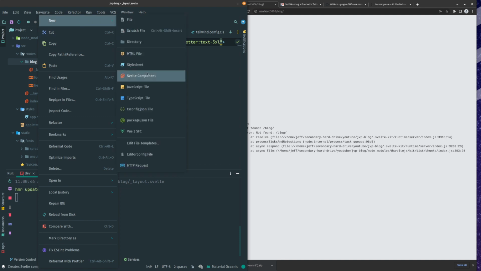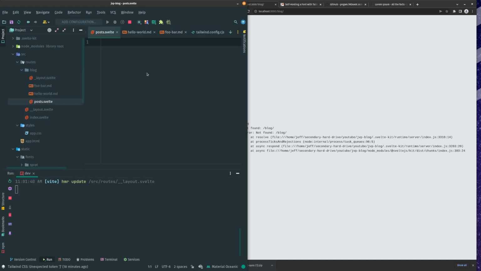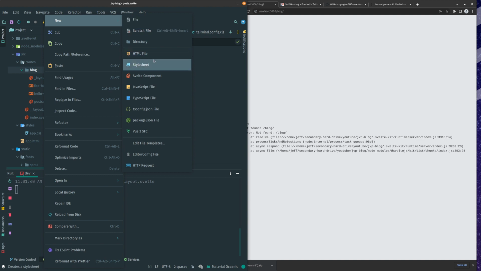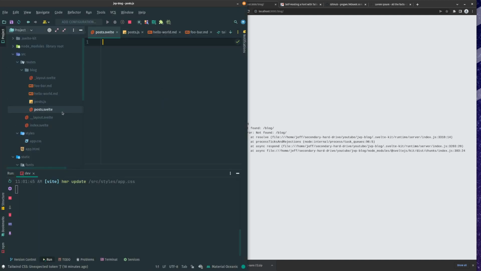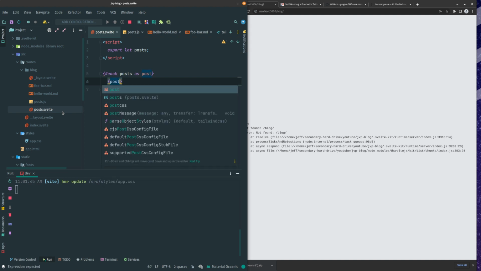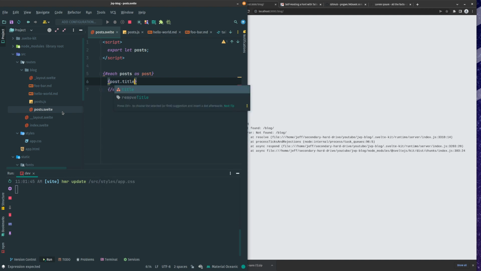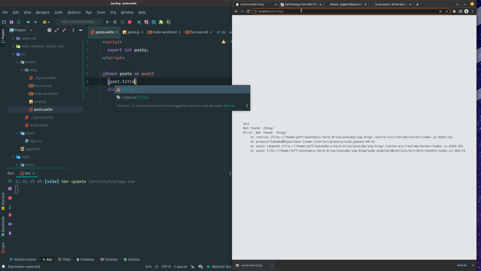I'm going to just create the file first. Posts. And then I'm going to create posts.js. Now, in posts.svelte, we're going to do script, export let posts. And then we'll do each posts as post, and we'll close this off. We'll do post.title. So now if we go to blog posts,